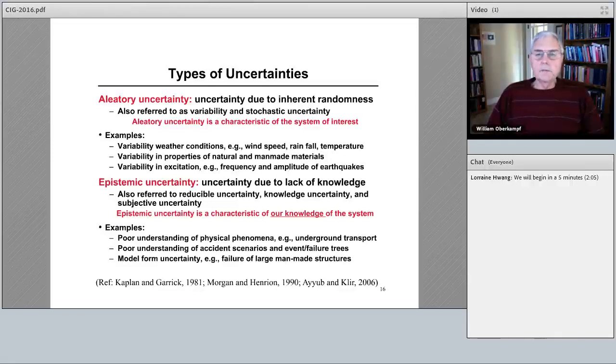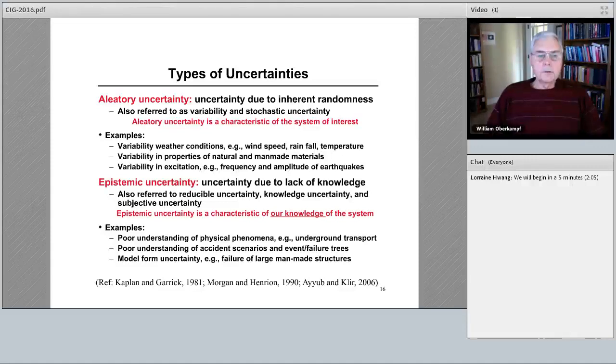Epistemic uncertainty is a different kind of uncertainty. It is an uncertainty that is due to lack of knowledge, and you commonly have a mixture of the two. But here, I want to define specifically the epistemic uncertainty. It's also referred to as reducible uncertainty, meaning as you add knowledge, which requires time and money, then you can reduce it. It's also called knowledge uncertainty, or, most usually by Bayesians, subjective uncertainty, and that's fine. So epistemic uncertainty is actually characteristic of our knowledge of the system and the environment, as opposed to a pure aleatory. And as I said, many times you have a mixture of the two.